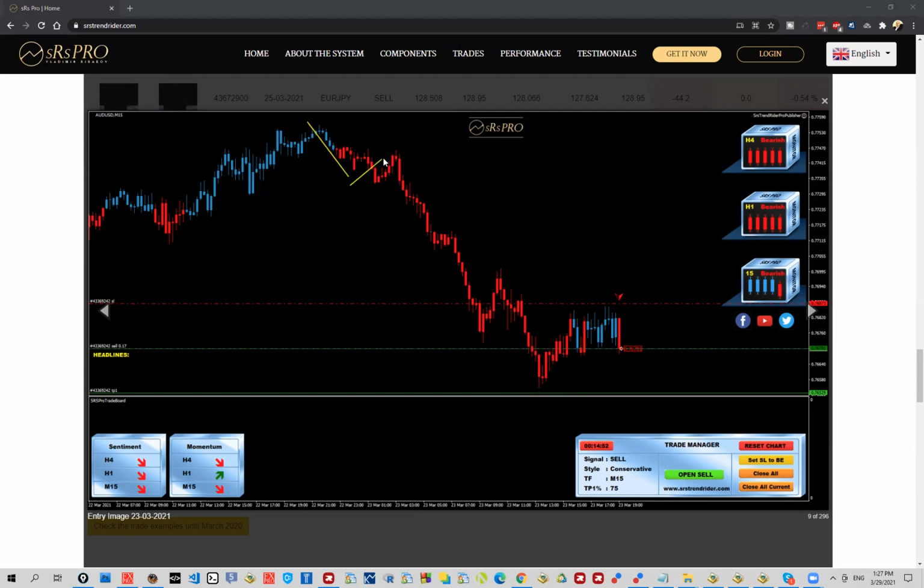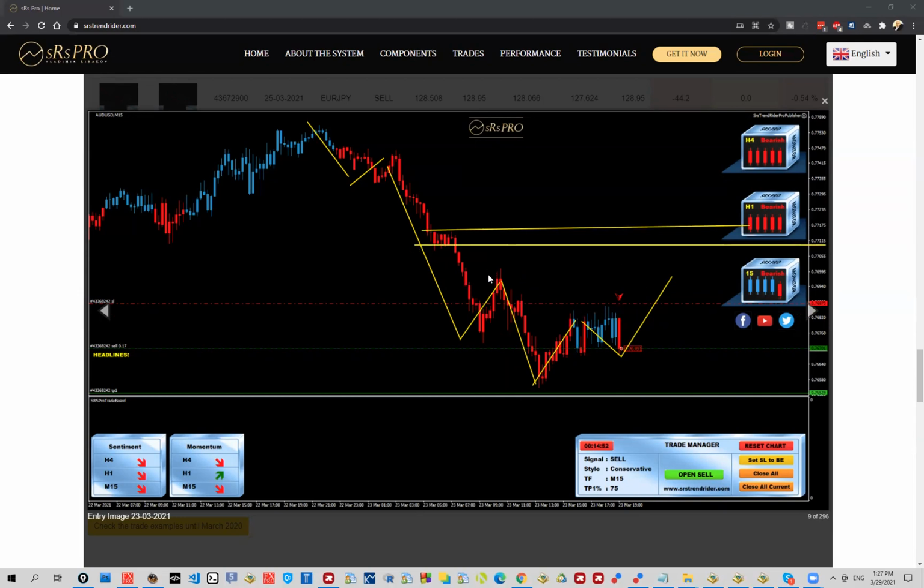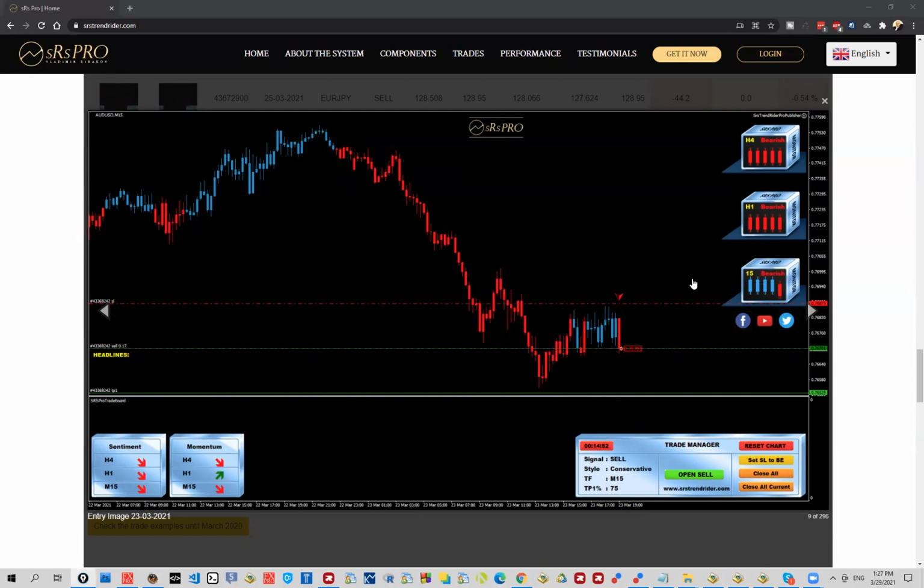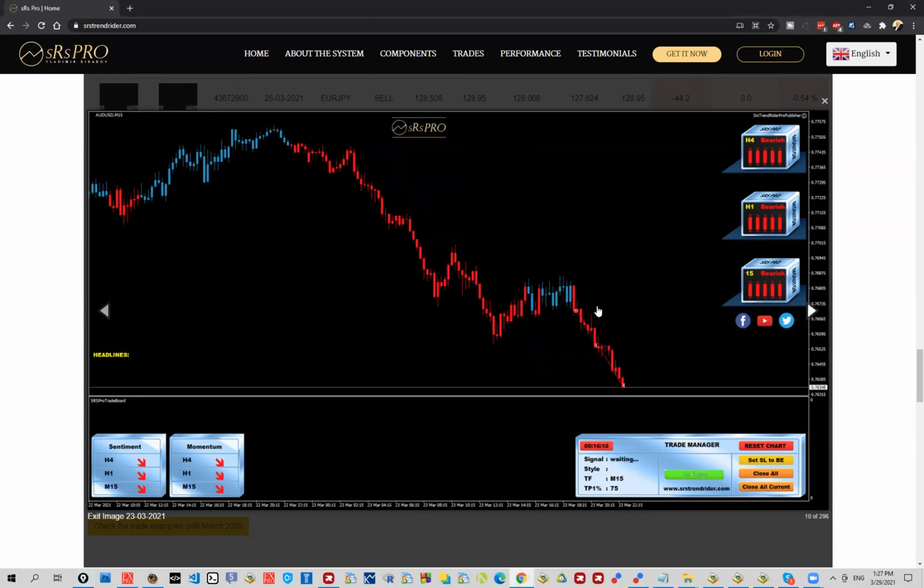One more thing here is that we're again completing a structure which, once completed, is supposed to deliver ABC. And again, I don't see that as the big ABC structure I would be expecting after this push. Okay, I would be expecting something deeper, coming closer to this level, or approximately this level. Okay, something like that. So definitely we'll be looking for sells from slightly higher levels, and this I would be